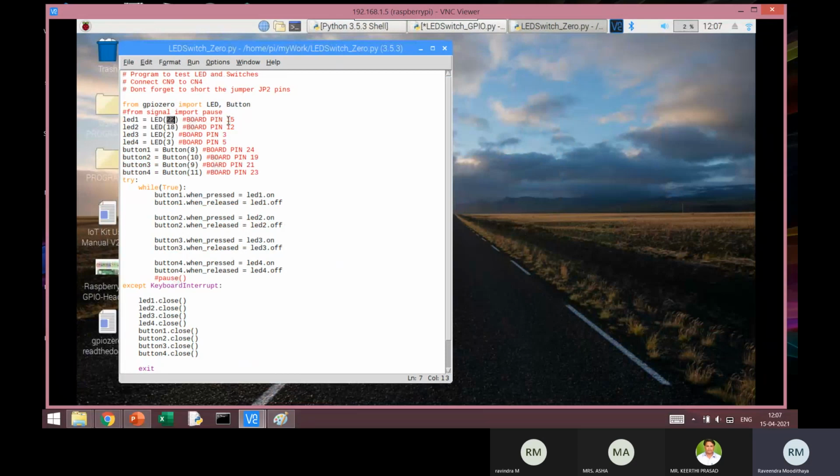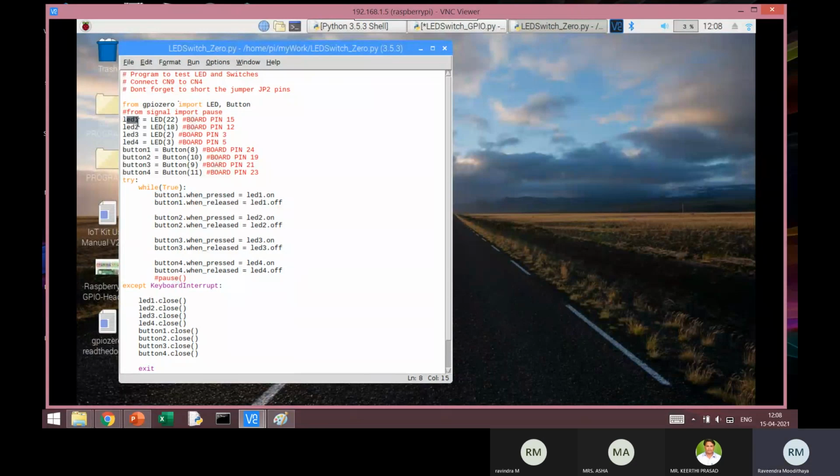Okay. Remember the board pin 15 which we have used in the previous program. It is pin number BCM pin 22. So I am using the BCM pin numbering. Explicitly, there is no need to mention that you are using Broadcom pin numbering because GPIO 0 inherently uses Broadcom pin numbering. Okay, so I need not specifically write a separate statement here to indicate that BCM is used. It is used by default. You'll have to do a little bigger circus if you want to use other pin numbering here. Okay, so let me not get into that now.